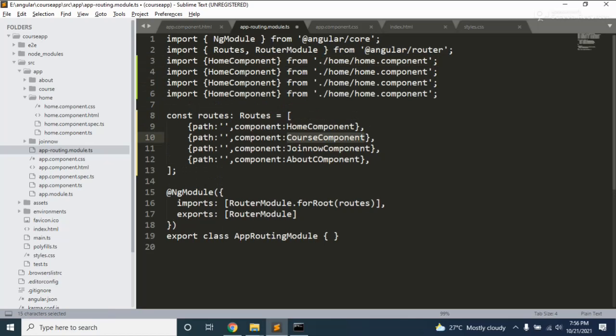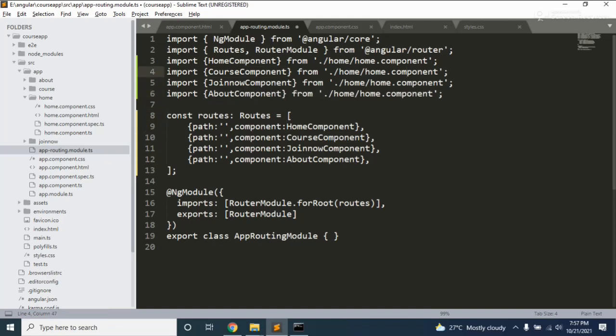I'm just copying it. And I am adding the course component, join now, and about us, about component, right? Here we need to add the component, right?